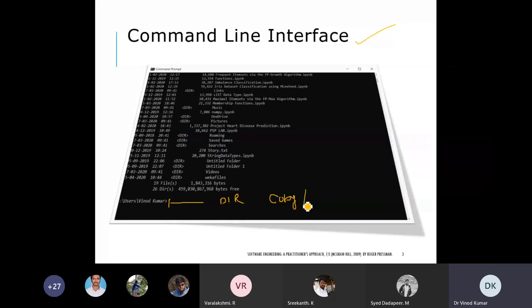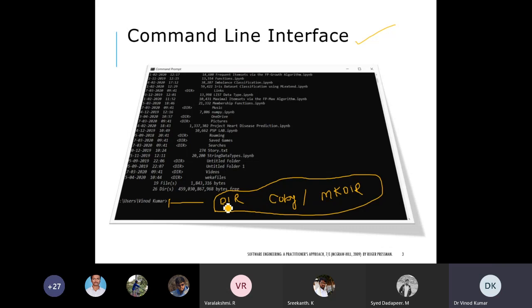If I need to make a folder, then I will use mkdir. Like this, there are different commands that we can use to perform these actions. So here the knowledge of the commands is very necessary, otherwise you will not be able to interact with the system. But if it is a graphical user interface, then you can do it very easily.